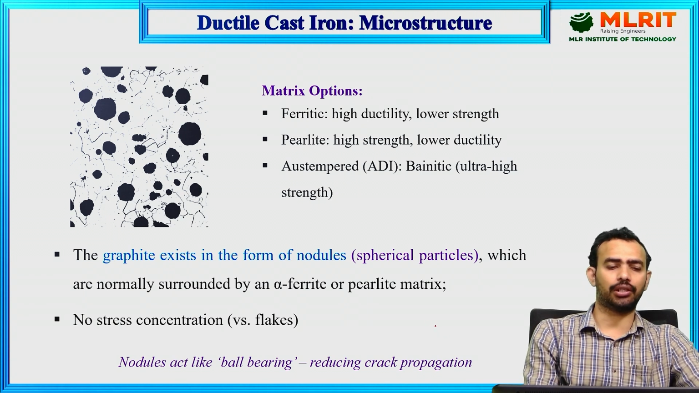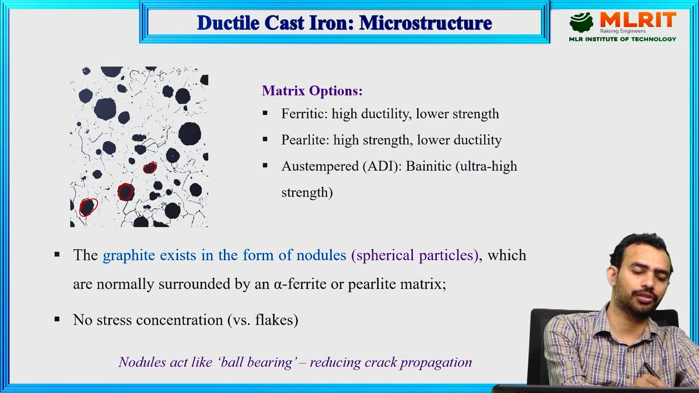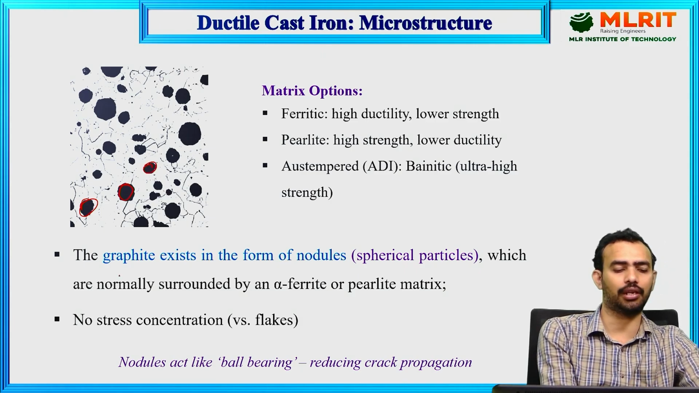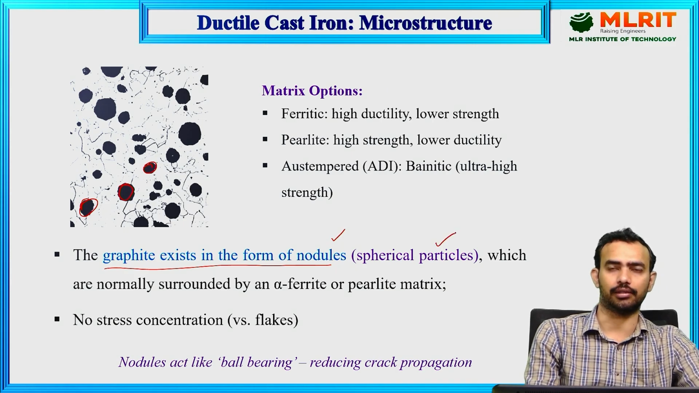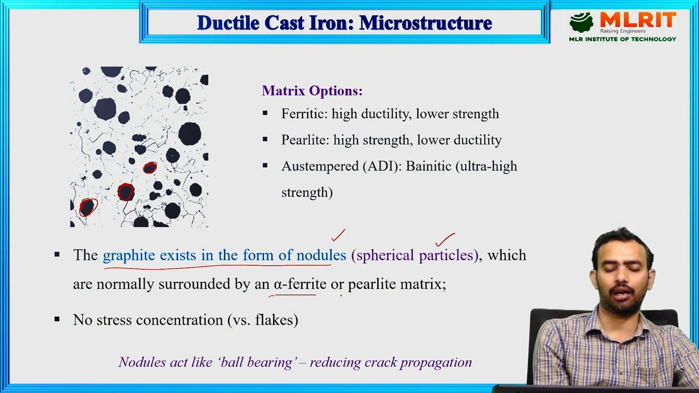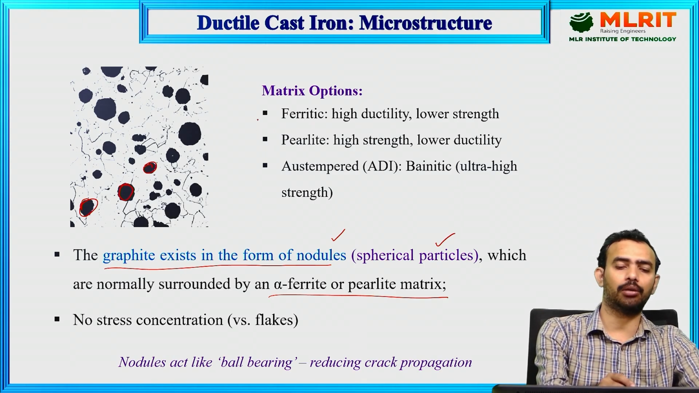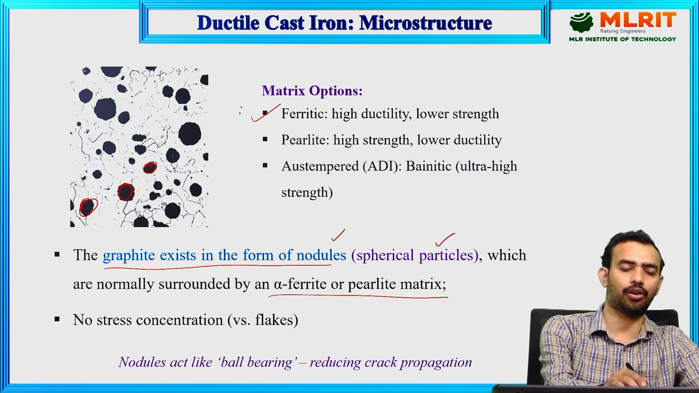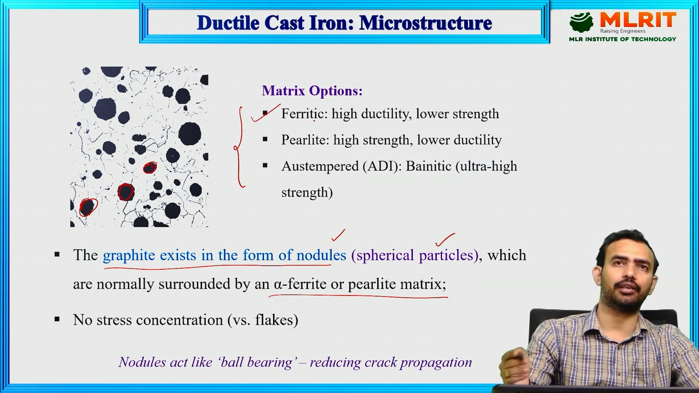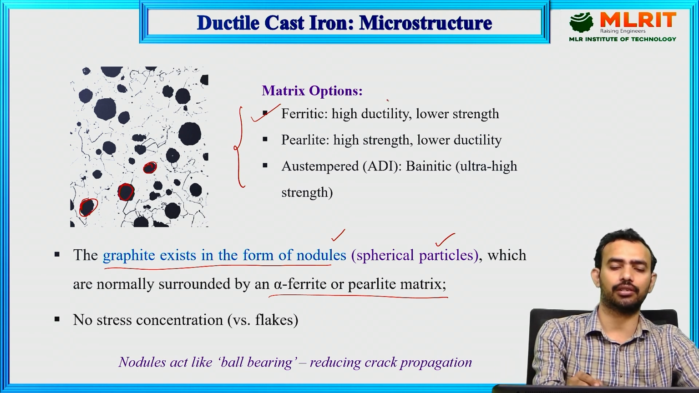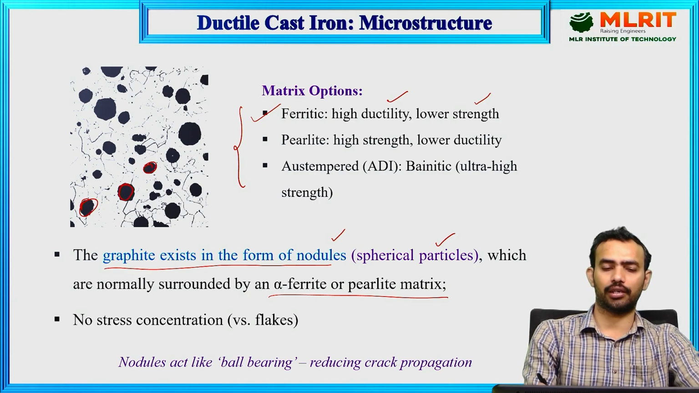If you look at the microstructure, these are the graphite present in the spherical shape, in the nodular structure. In this case, graphite exists in the form of nodules, which are basically spherical particles, surrounded by alpha ferrite or pearlitic matrix. If it is surrounded by the ferritic matrix, then it is called ferritic ductile cast iron, which